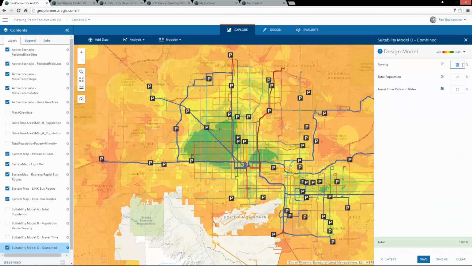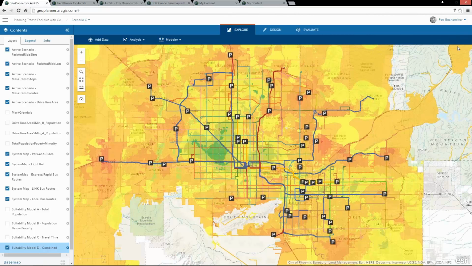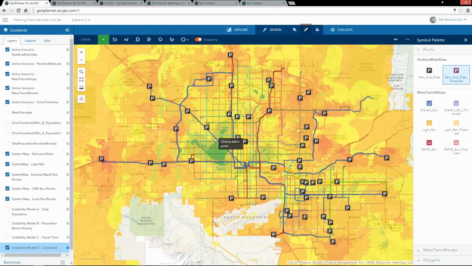So we can go ahead and start to prioritize certain layers over another. So if we wanted to prioritize, for instance, travel time to existing park and rides, then we could do that and just save the model, and it reruns on the fly and gives us that suitability surface. And for travel time, we're not trying to place new park and rides next to existing ones, so this is key. So next we can move over to the Design tab, and we can actually start to place our proposed